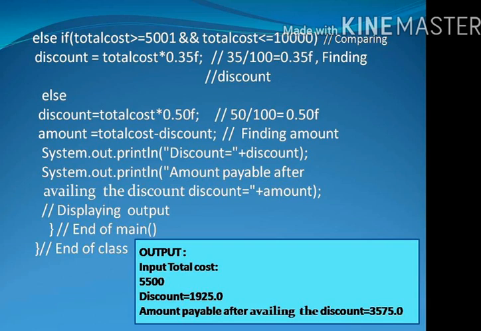Here finding the discount. System.out.println("Discount = " + discount); System.out.println("Amount payable after availing the discount = " + amount); displaying output. End of two curly braces, end of main, end of class.